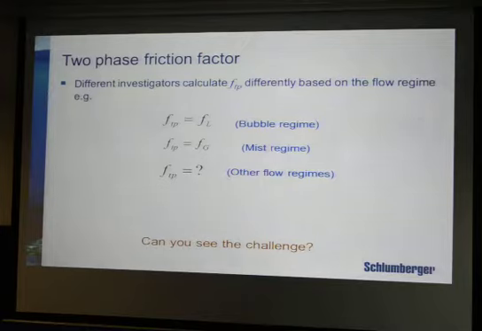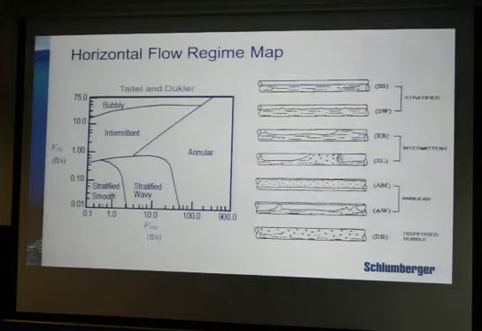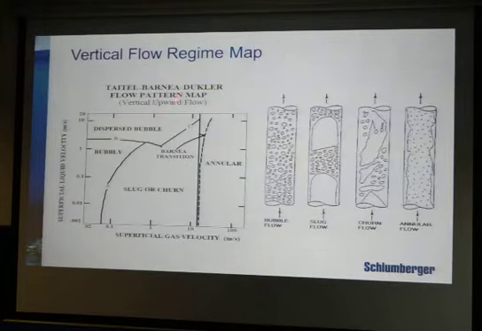The friction term is the most difficult to compute in the case of two phase flow, or in the case of different flow designs. This is the horizontal flow design that was given by Taitel and Dukler. Other scientists have also given this. It is based on the ratio of the superficial liquid velocity VSL and the superficial gas velocity VSG. In different regions you find different kinds of flow inside a horizontal pipeline: stratified, intermittent, annular and dispersed flow. I do not want you to remember this, but I want you all to remember this vertical flow design. This is important.